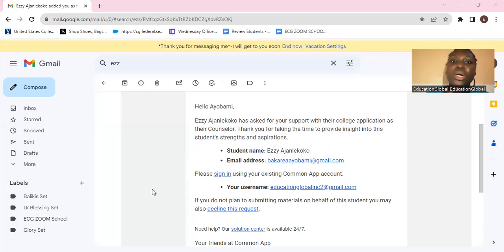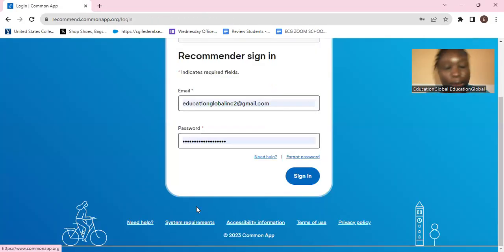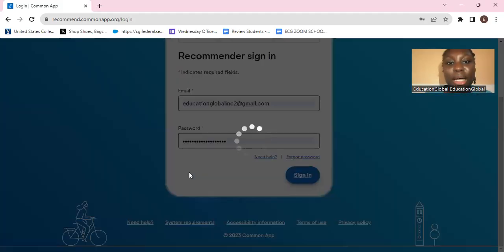So you can see here that it says sign in using your existing Common App account. If your teacher or counselor doesn't have one, it would say please create an account, and then they're able to create an account. So let us just get right into it. Let us sign in. While we're signing in, I'm trying to see if I can pull up an account creation page. But yeah, while that is loading,